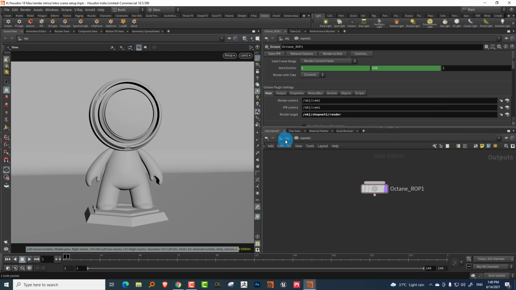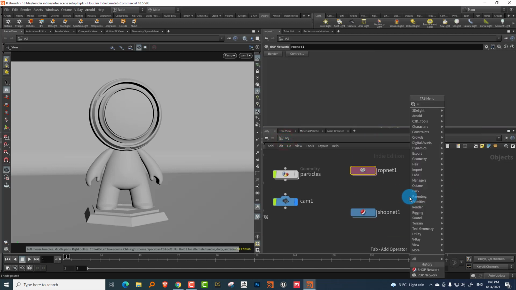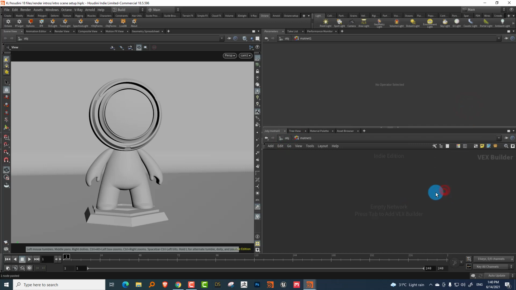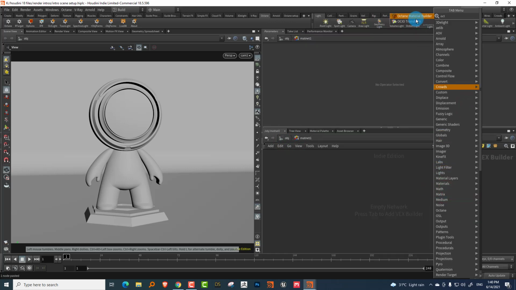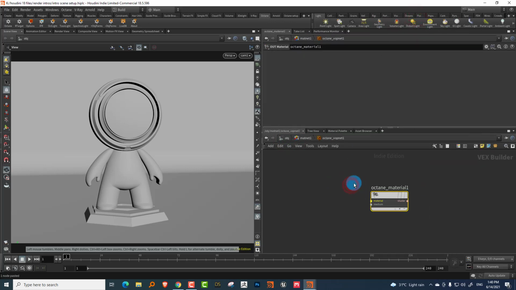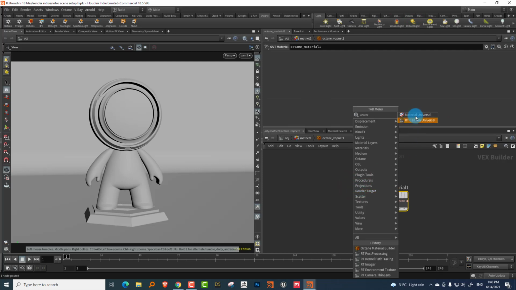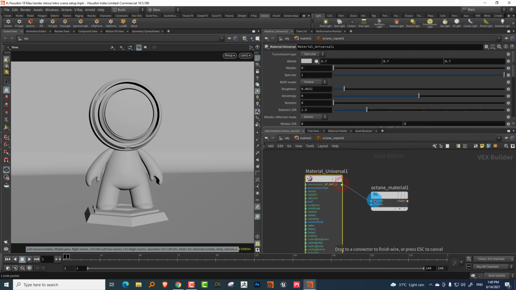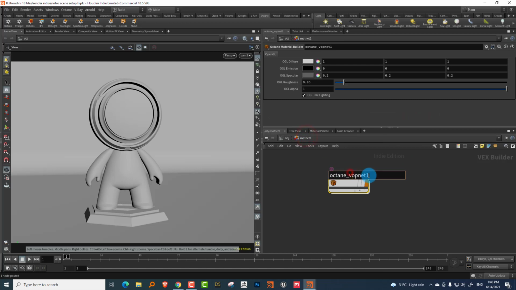Now what we can do is take a material network, and I can create a couple of materials. I'll just take a universal material, which is sort of like the Arnold shader. I'll call this base, and we'll call this model.